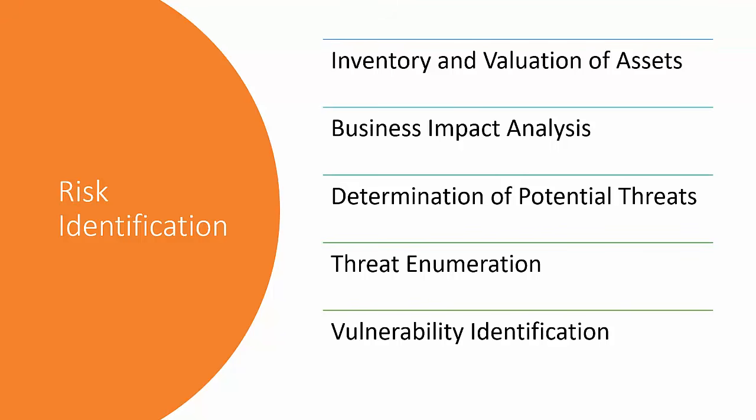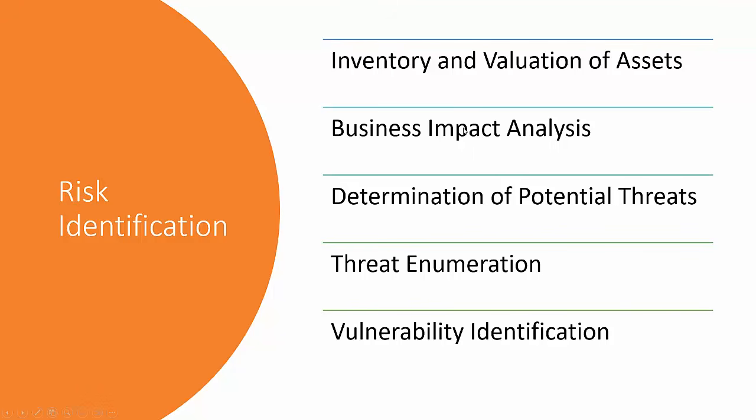If you have 5,000 assets and you want to do a risk assessment of all 5,000, it is not possible at the same time. So you do the BIA to identify, from the 5,000, which process is important and which process is critical. It is not possible in one go to do a risk assessment against 5,000 applications. So with the help of BIA, I'm going to pen down all the potential threats. I need to extract all the threats, and then I need to identify the vulnerabilities associated with the asset. So I need to obtain the list of vulnerability data.